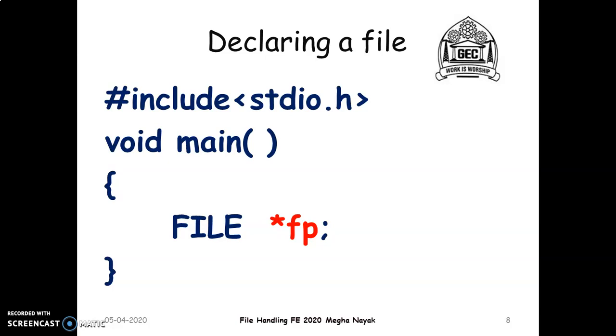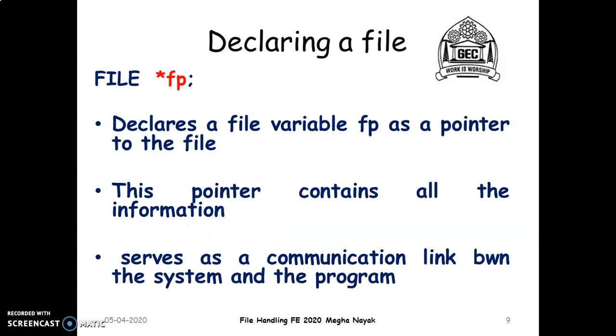Now this word that I used, FP, is any valid identifier that I may choose. It can be FE, it can be FT, it can be any valid identifier name. Alright, so I hope I'm clear with declaring a file. This line over here focuses on declaring a file. So going on a little bit more, the star FP that you see declares a file variable FP as